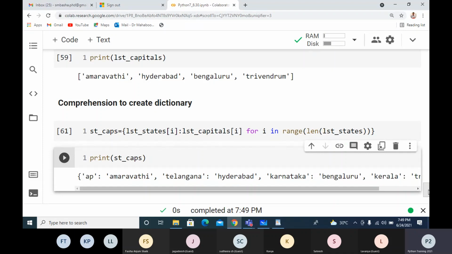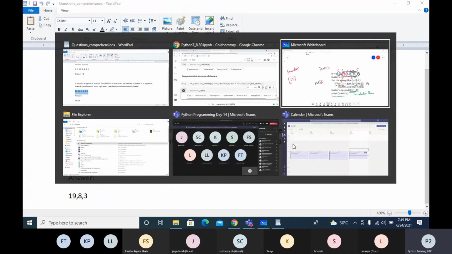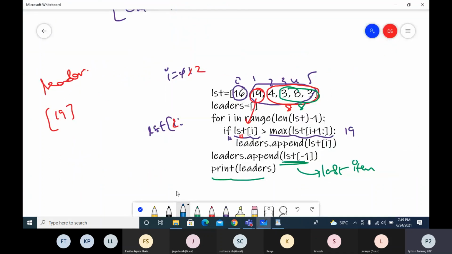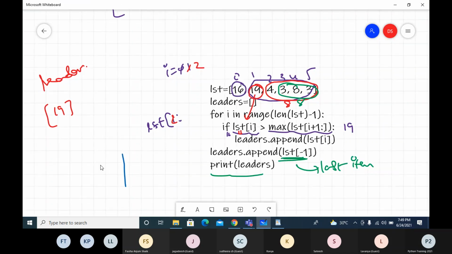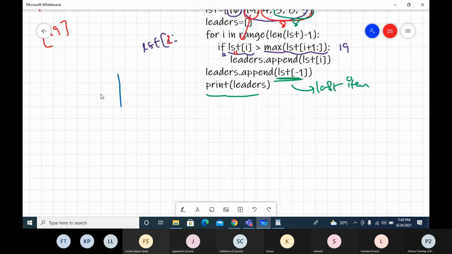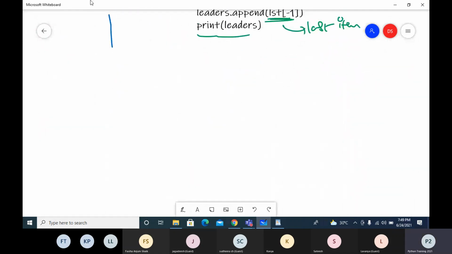But there is one more best and very simple way to create a dictionary, which is the zip function. So what is the zip function? We'll see that first. Then we'll see how to create a dictionary from two lists using the zip function. So there is a very useful function called zip.